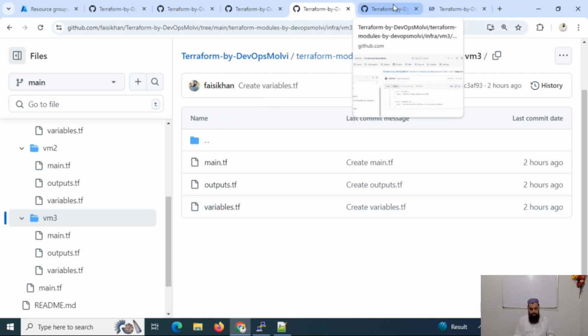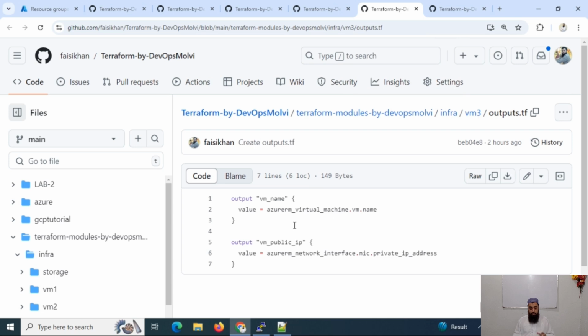And what is the purpose of outputs.tf? The purpose of the outputs.tf file is to share the data among different modules. So that is why you will see the outputs.tf file in each module. You can say that the outputs.tf file is used for sharing the data between the root module and the child modules. So that is the purpose of